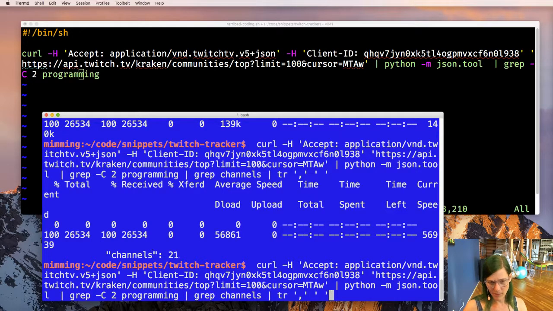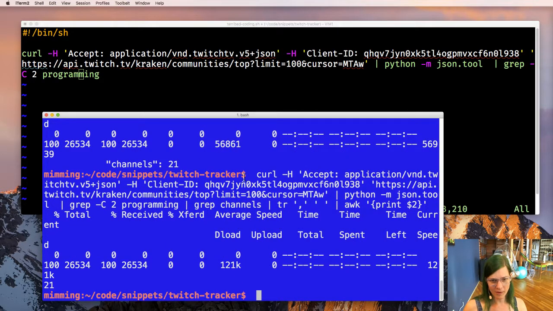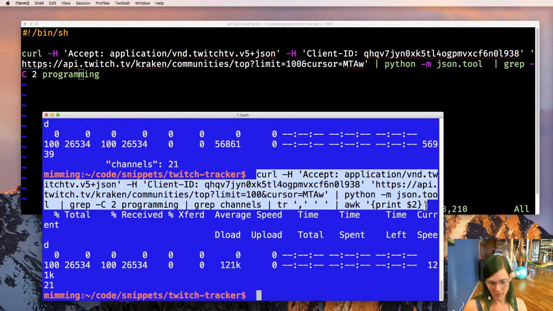So I can then further use awk, or abuse awk, to strip it out. And that looks like $2. Let's find out. So I'll give it a tiny awk program. And awk is like a full-fledged language, but I think I almost never use it for anything other than just columns.